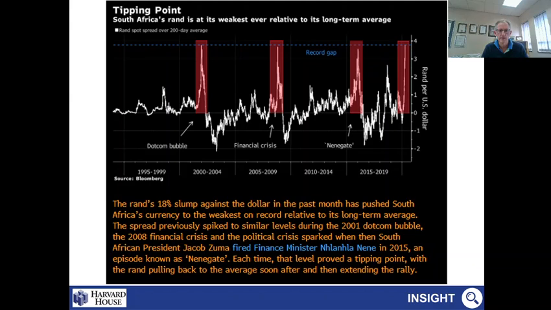So I think it might be that people aren't focusing necessarily on the Rand weakness, but it certainly will be something that's on their minds. And those are things just to highlight that it's not just purely a South African thing, and that invariably these things are overdone.